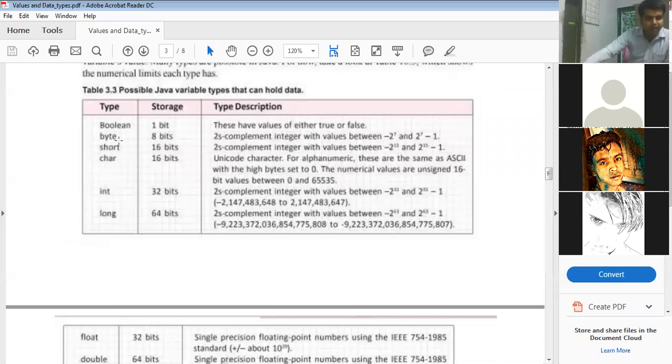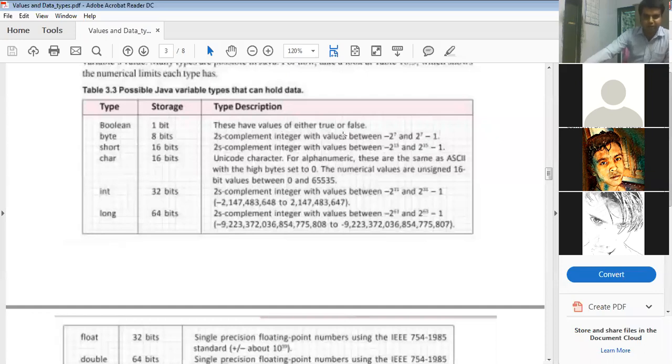What we have done is byte and short. So what is the range? The range says minus 2 to the power 7 to 2 to the power 7 minus 1. What is 2 to the power 7? Can anyone calculate and tell me? Fast, time is getting over. 2 to the power 7 is how much? 4, 16, 64, 128. So any number which ranges from minus 128 to 127, the byte data type can store that value.